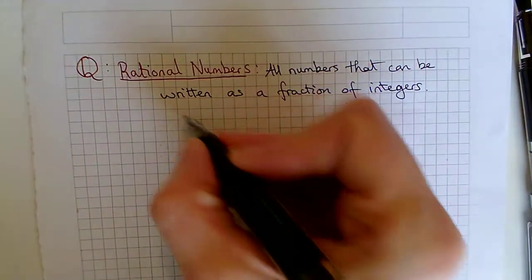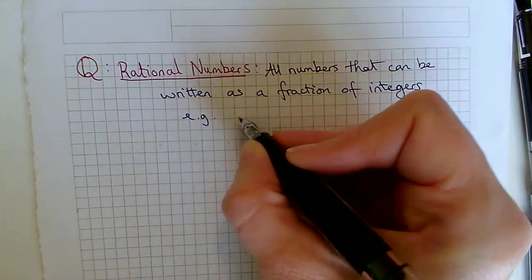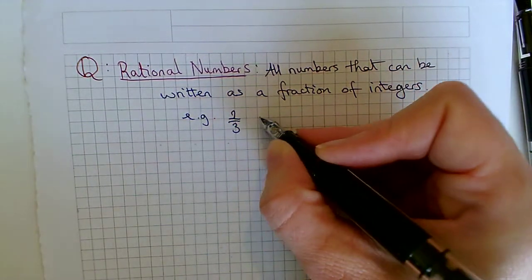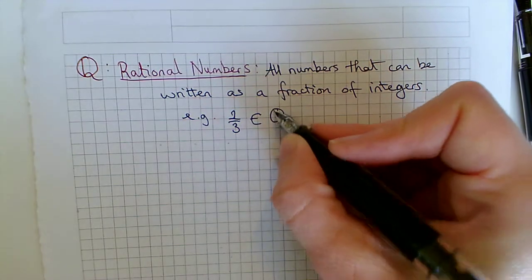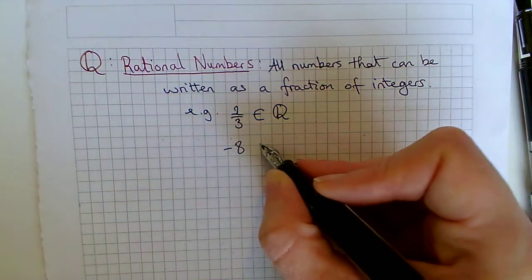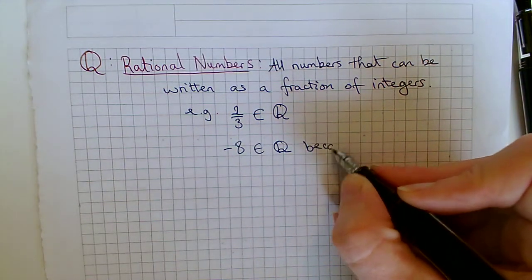So for example, 2/3 is a rational number because that's a fraction, but also -8 is a rational number